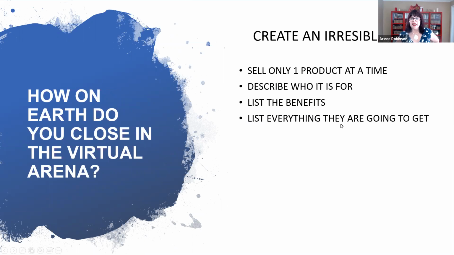All right, list everything that they're going to get. What is involved? Everything that they're going to get. Pile on the bonuses. And when I say pile them on, pile them on. Think of bonuses that you could add that don't cost you any money. Maybe it's a PDF of your book. Maybe it's a checklist. People love checklists, how-to checklists.